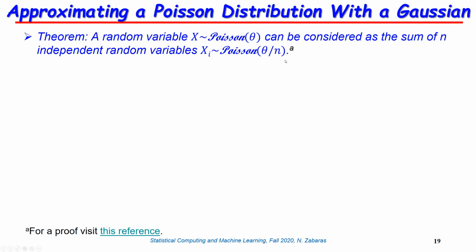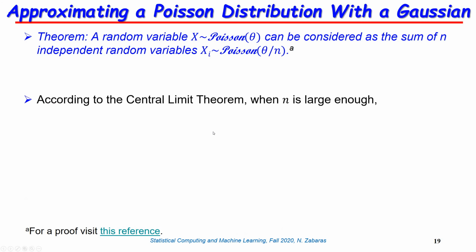Now you can see I have samples coming from a Poisson distribution with parameter theta over n, and these samples of my original Poisson distribution are the sums of those samples. So my head is already spinning, saying, wow, this maybe has something to do with the central limit theorem